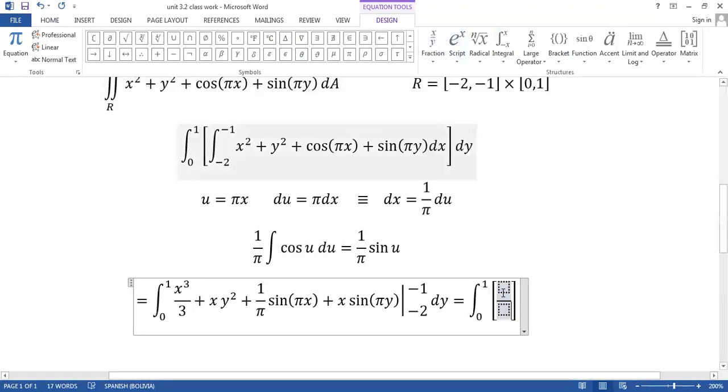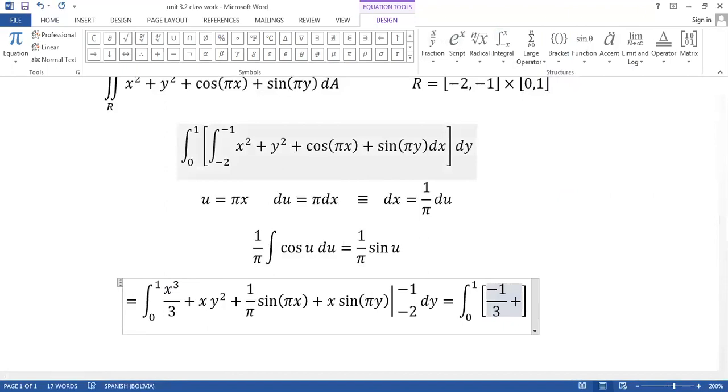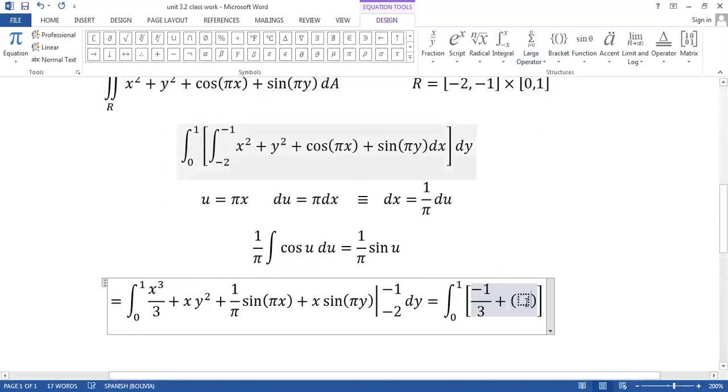So this is negative 1 over 3. Mm-hmm. What's the next term? Plus bracket negative y squared. I like to put in my